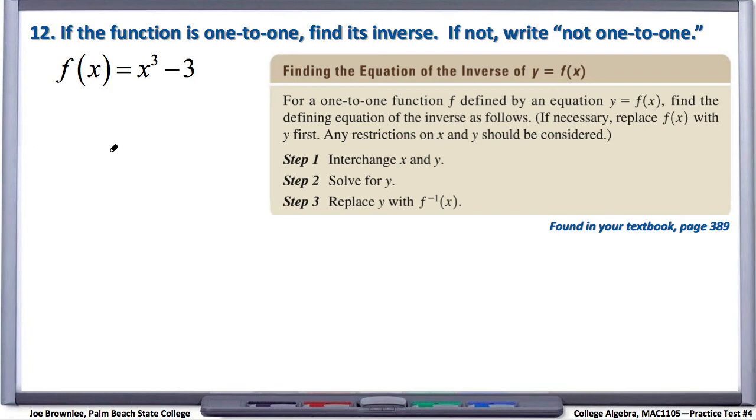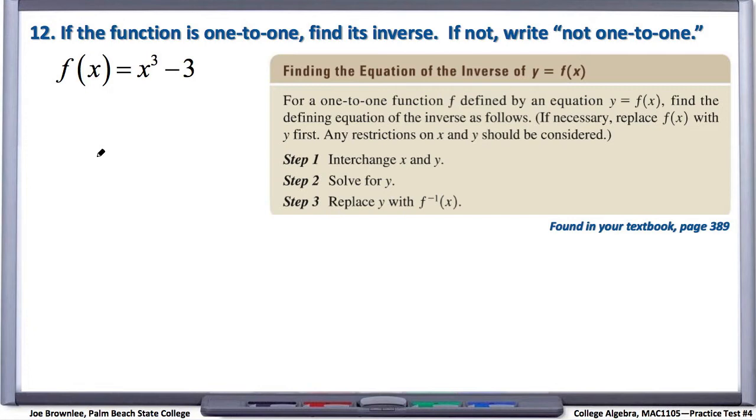All right, number 12, if the function is 1 to 1, find its inverse. If not, write not 1 to 1. And we've been given f of x equals x cubed minus 3. Now, number 12 is not as straightforward as number 10 and 11, the previous two we looked at, because recall with